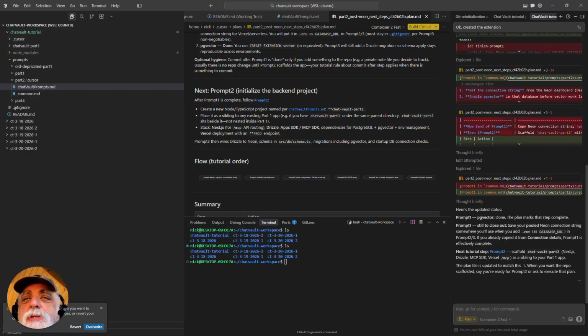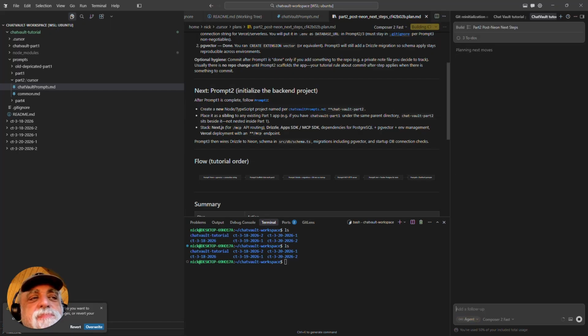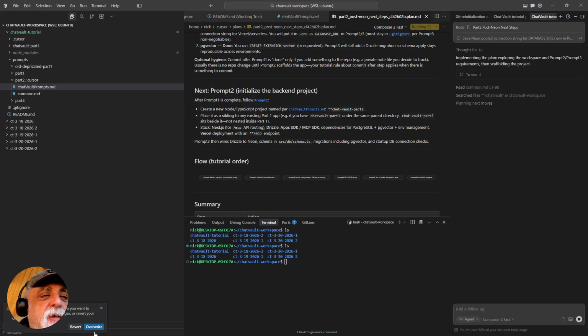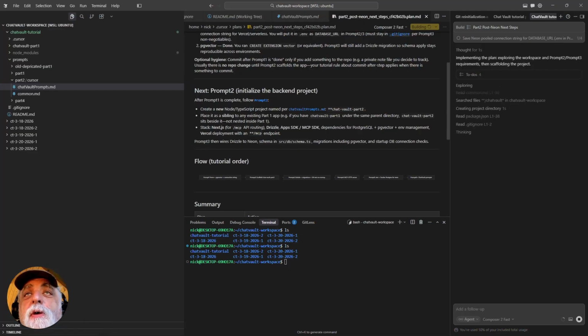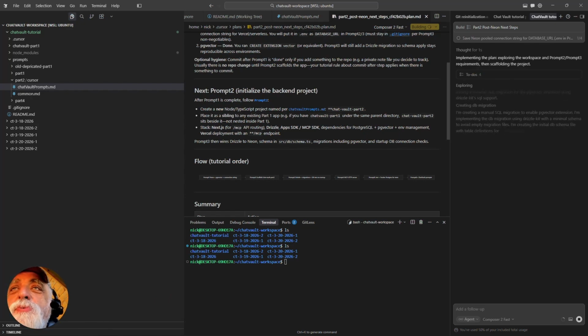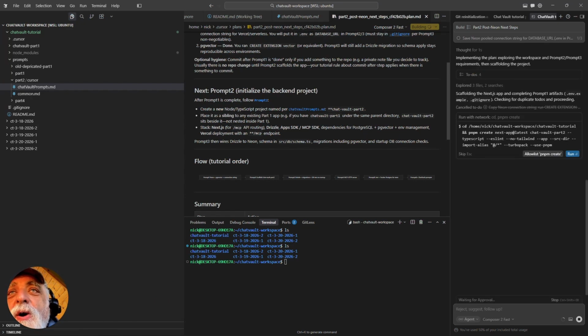So it says save your Neon connection string somewhere. Well, we will get it when we need it. It says that it's already completed, but let's officially finish it. It's already moving on to prompt 2 and prompt 3 without